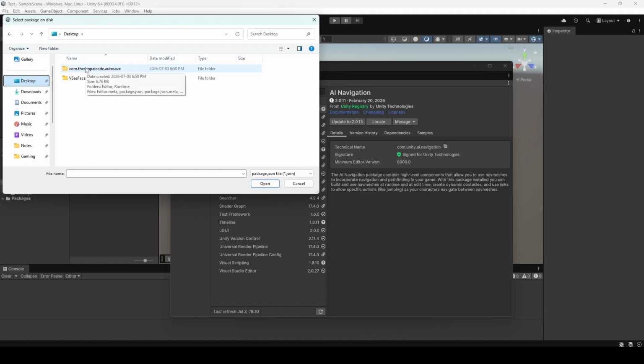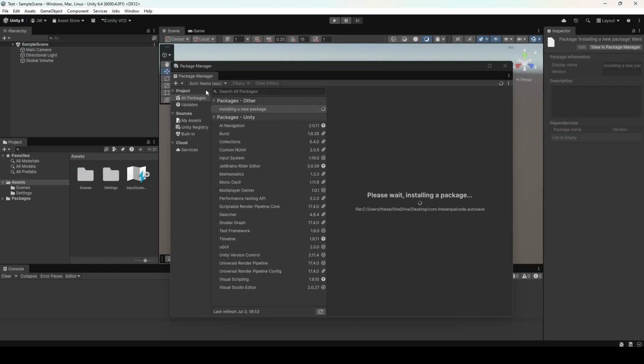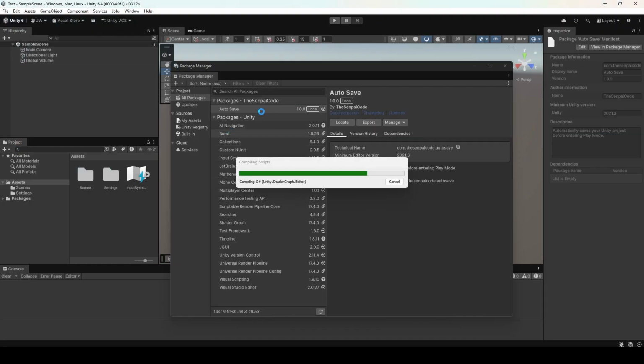If you have a folder for your packages and you put it in there, grab it from there. If it's still in your download folder, grab it from the download folder. So I'm just going to come over to com.thesenpaicode.autosave here. I'm just going to click in here, and here is the package.json. This is what we want. So I'm just going to click on that, and hit open, and boom, it is loaded